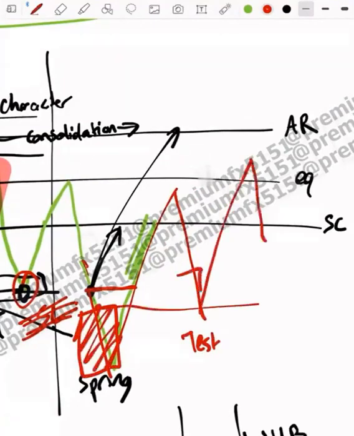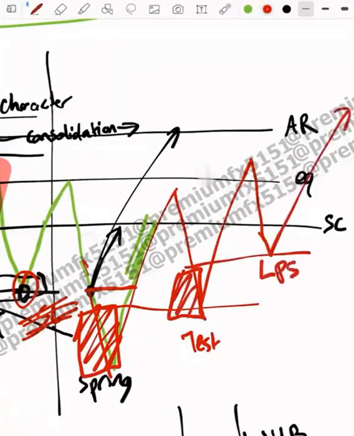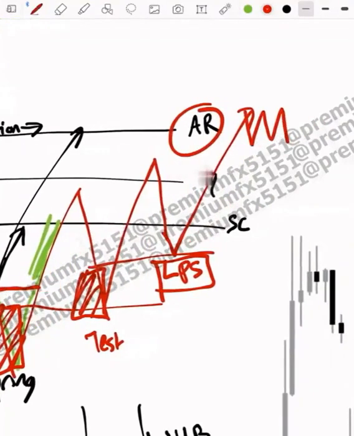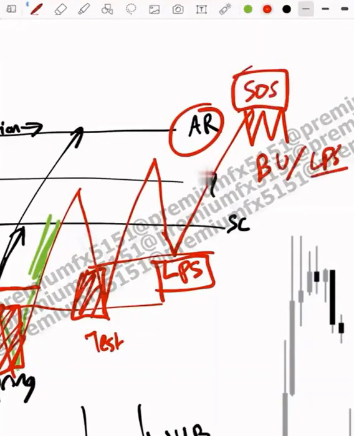Then you have banker block mitigation. That is also known as your LPS, last point of supply. And then you come to the AR, the top of your range. You're going to have a small consolidation, basically, which is your another LPS, sign of strength. That's what you want. The sign of strength is essentially saying we have reached the top of the range of